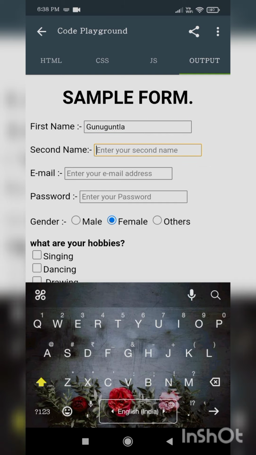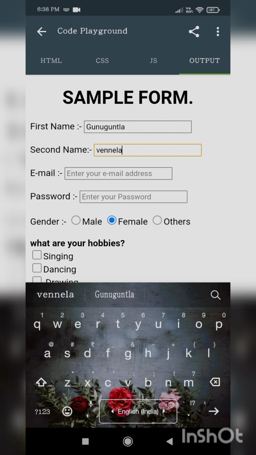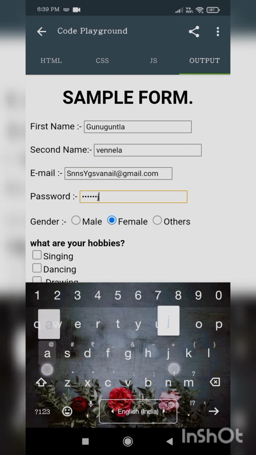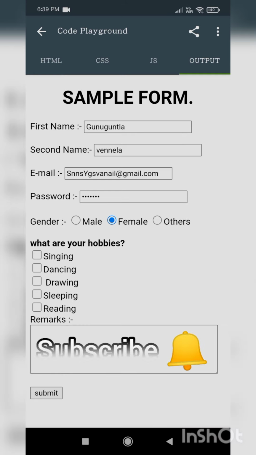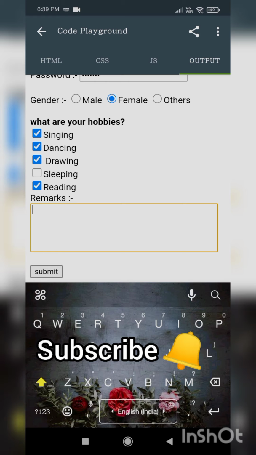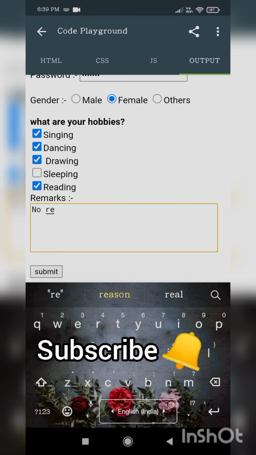I am writing my name here, and an email address, something you should write, at gmail.com, and a password, something you can write, and you should select your gender. I am also selecting my hobbies, and is there any remarks? So I am writing no remarks.